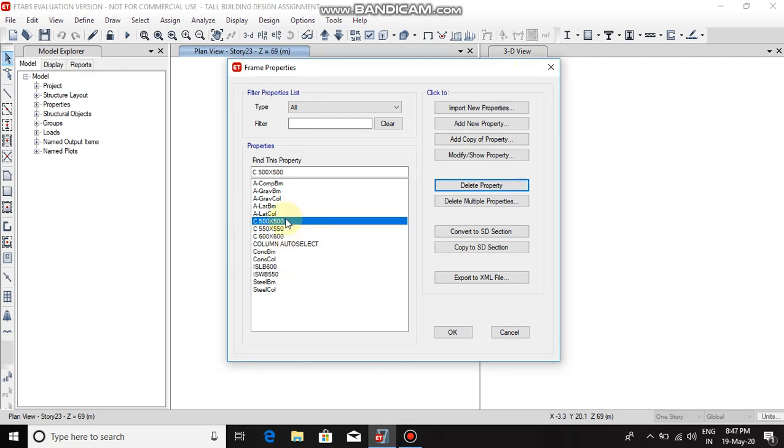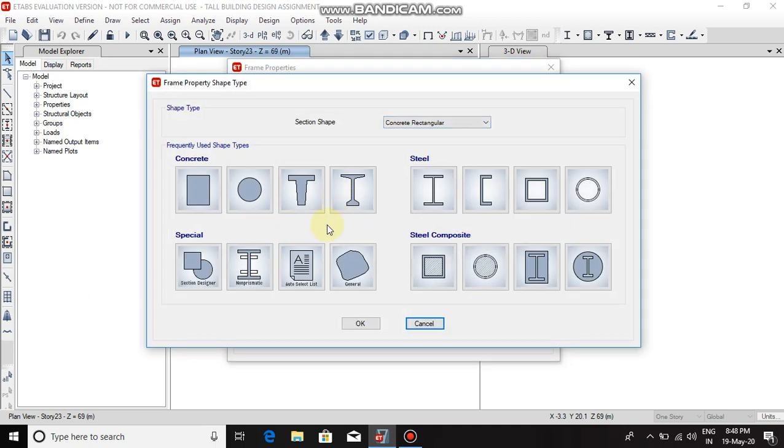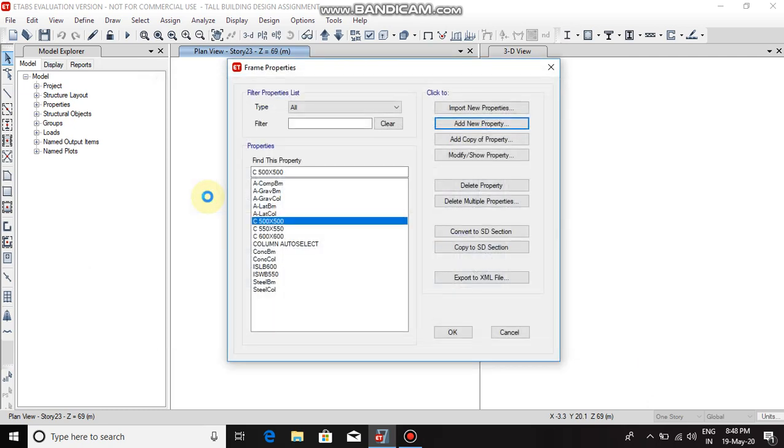After defining the columns, let's define the beams. Add the three beam sections similarly. Go to Add New Property. Select Rectangular section.